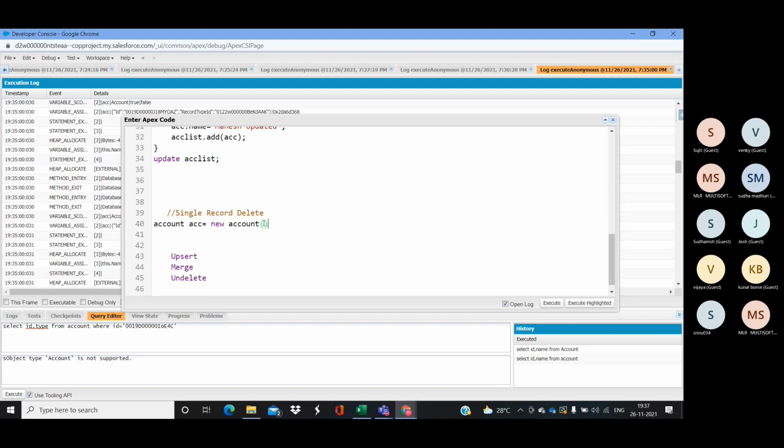I'm creating a new object here, Account. And how can I return the value? Instead of creating a new record or new instance, you can directly write a query: select Id from Account where Id is equal to